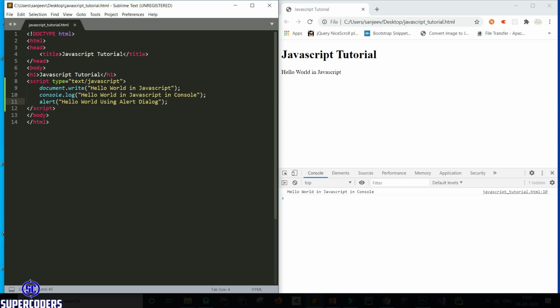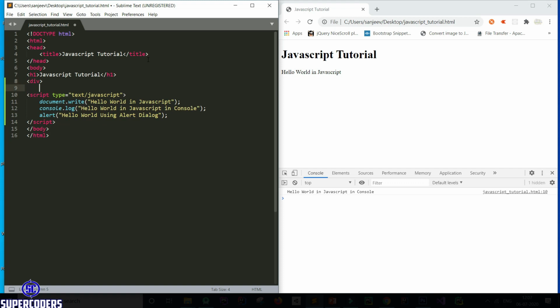Now another way is using this simple method. Let's add a div with id equal to page content. Now let's add the content.